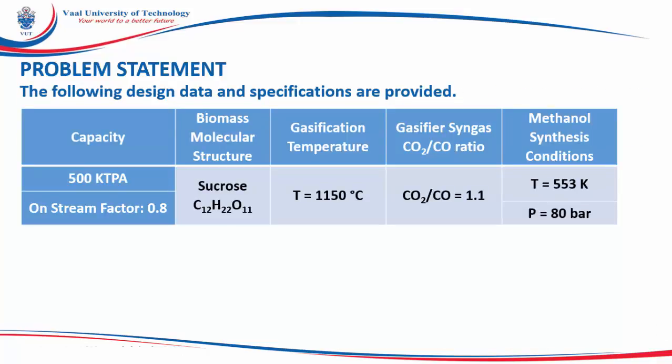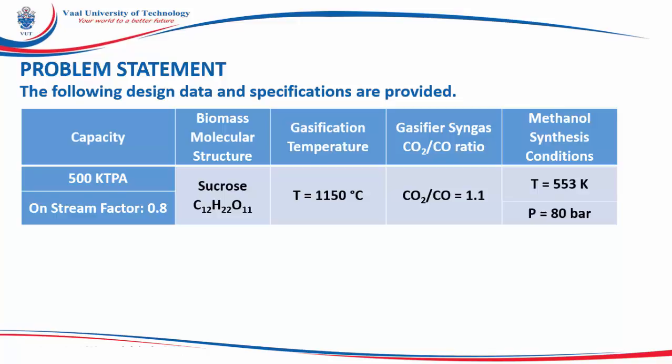The following design data and specifications are provided. The plant capacity is stated to be 500 kilotons per annum, that is of methanol, with an on-stream factor of 0.8, which simply means that our plant will be producing 80% of the year. This will help us calculate a number of operating days in a year, and we will use this information to